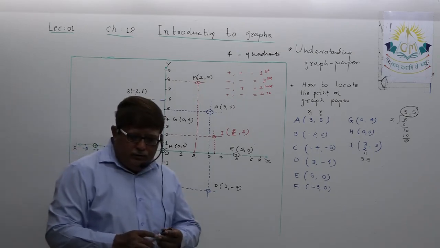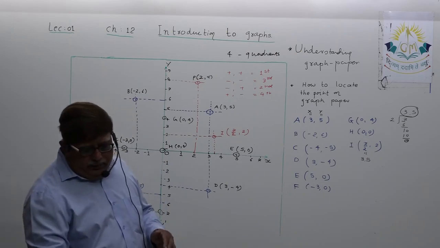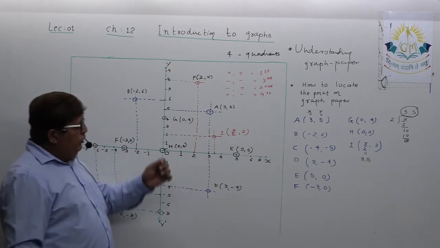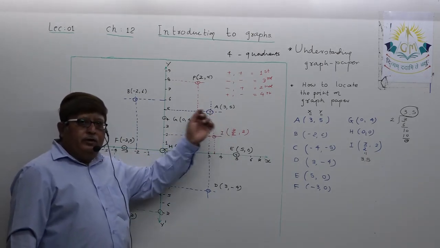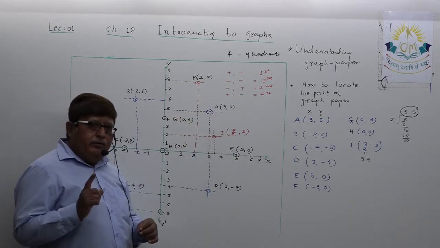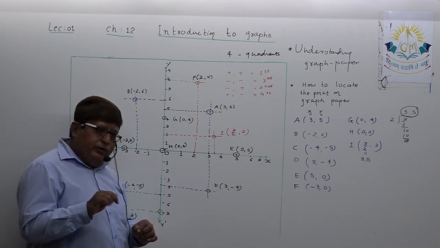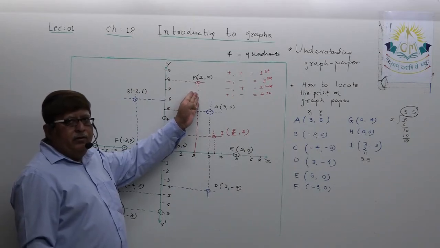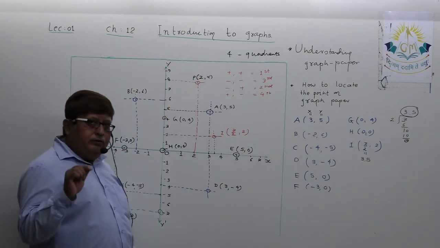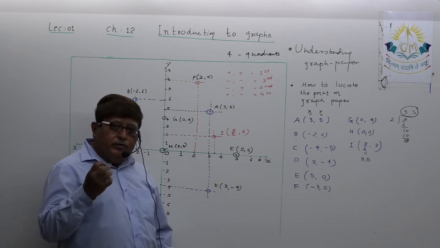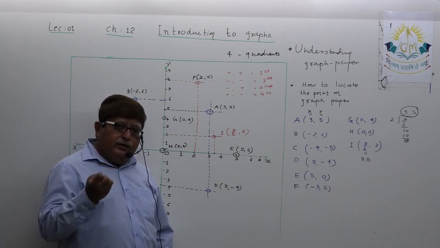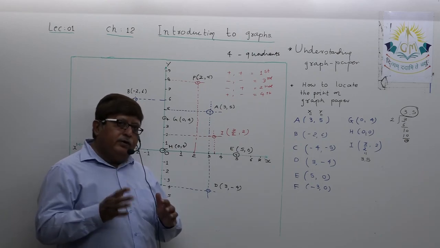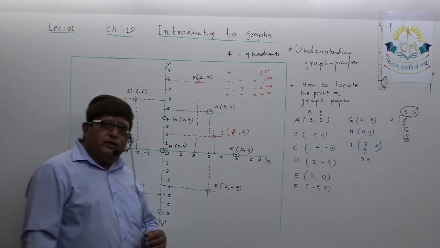So dear student, you have to prepare yourself in both ways. Given points and given coordinates, you need to understand how to locate the point. But from the given intersection of two dotted lines, or maybe solid lines, you also need to read the coordinates of the point. Understand? In both ways, you need to be smart to understand this.